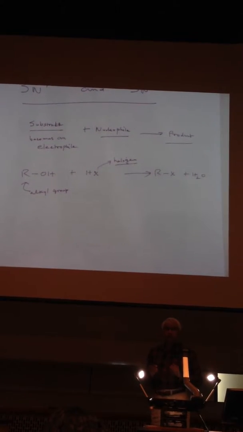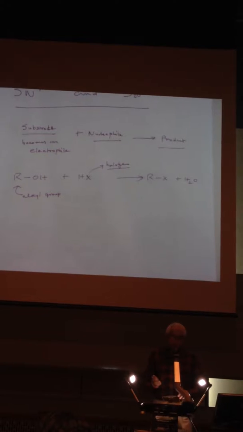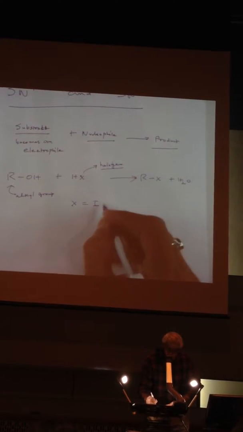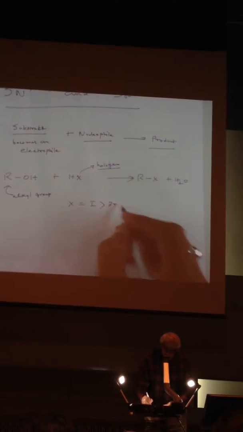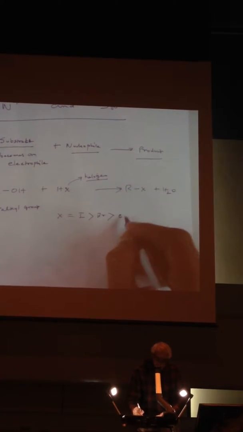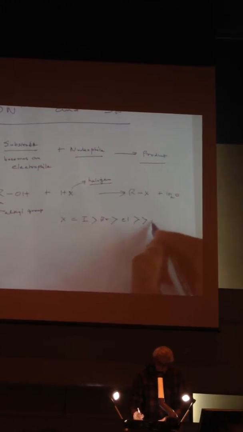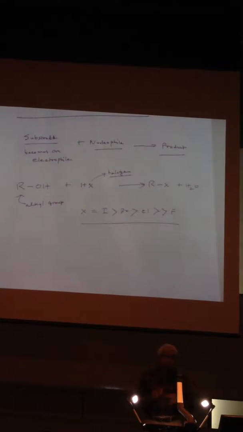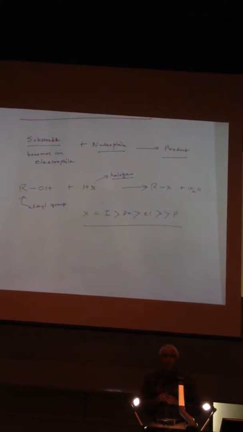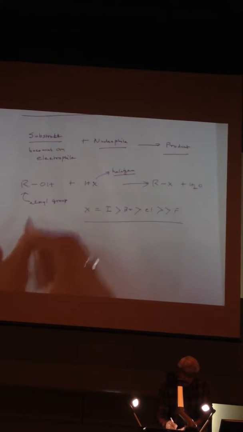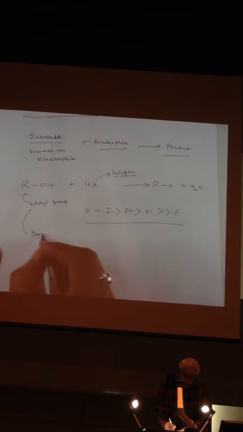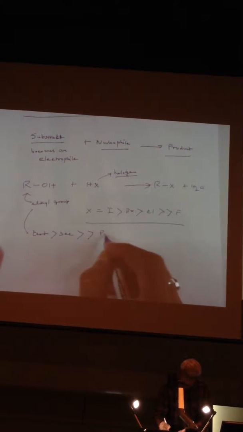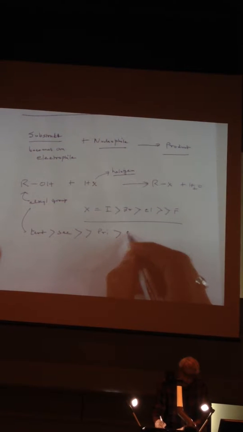And in this process, we learn that when X is I, it works best, better than Br, better than Cl, and chlorine does not react very well. That's the pattern we see. Another pattern is that when R is the alkyl group and we have a tertiary, that works better than secondary. And primary and methyl are particularly bad